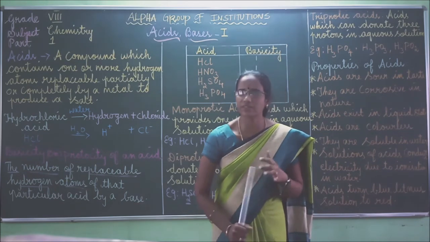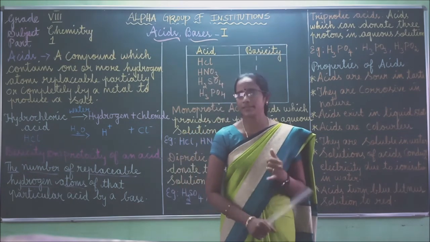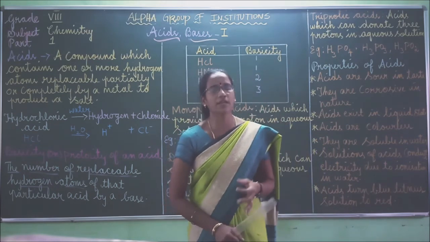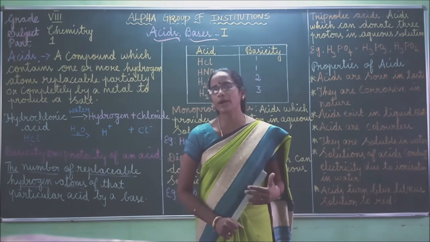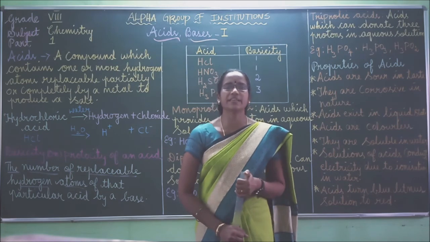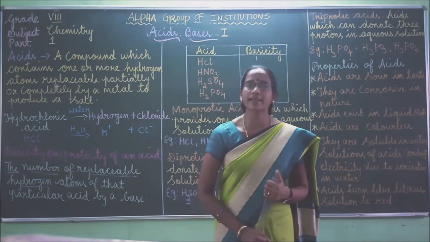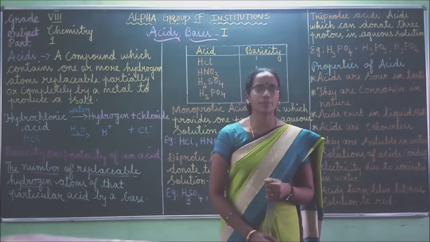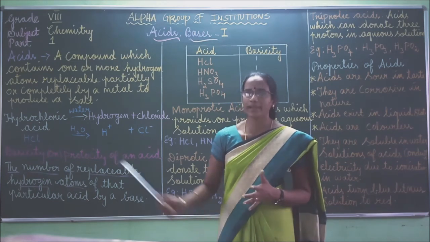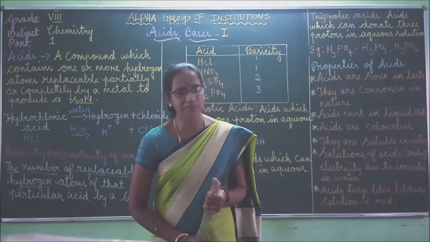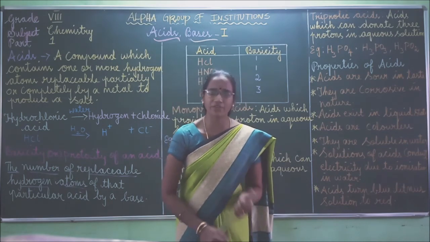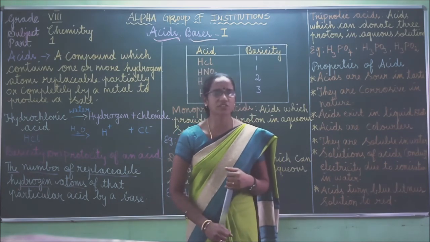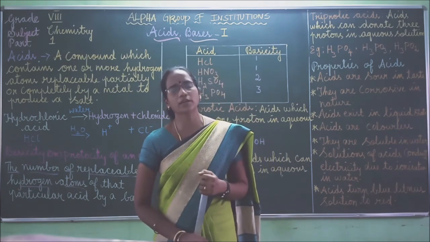So what are the things we have discussed today? One is what is meant by acids, and then what is meant by acidic solution, basic solution and neutral solution, followed by indicators like litmus indicator, other indicators like red cabbage juice, beetroot juice, turmeric juice indicator, and then what is meant by olfactory indicators, followed by the definition of acids and the types of acids. For each type we have to give an example, and then we discussed the general characteristics of acids, isn't it? So go through all the contents we have discussed.